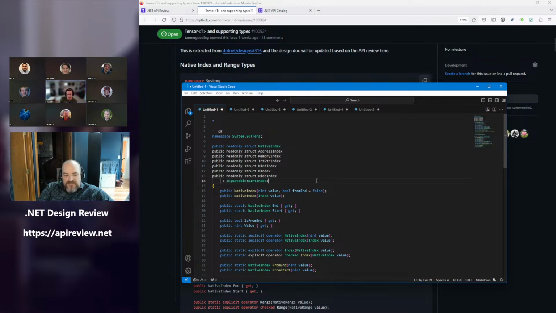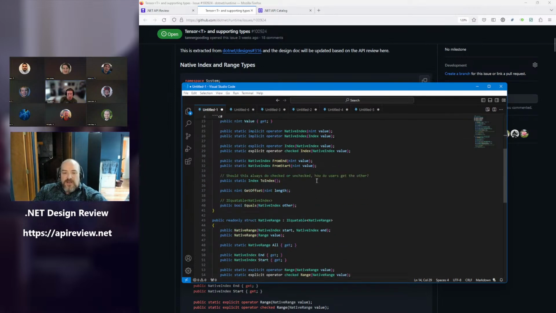I'm also not sure how that matters for the naming. Well, it sounded to me like there was an argument that we didn't need a second range type, that the current one would do it, but it doesn't work if you need to be from the beginning or from the end more than int.MaxValue. Well, I think it also depends on how you want language semantics to work, right? I would expect if we have these data types, you kind of want the hat and the .. to work, right?